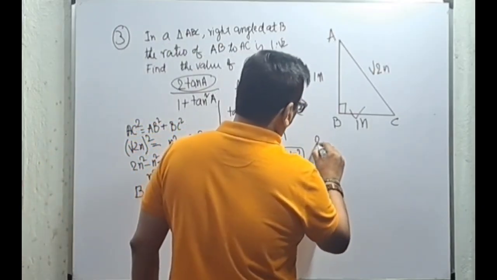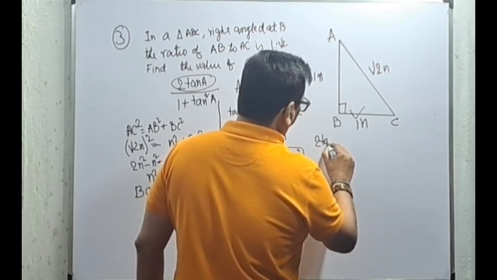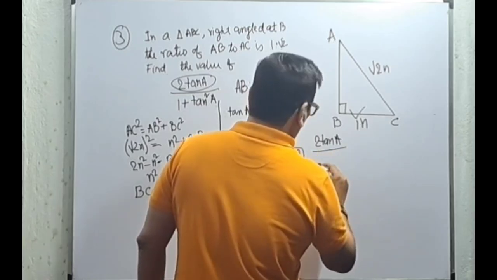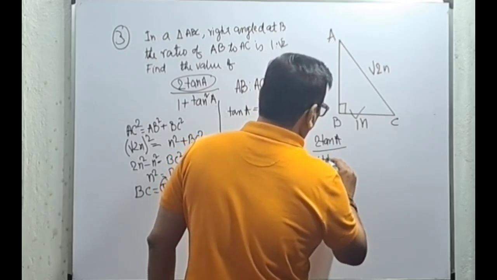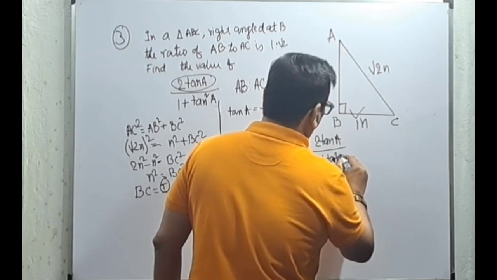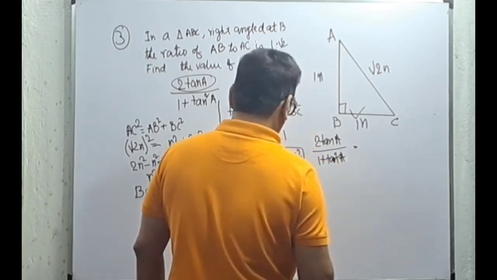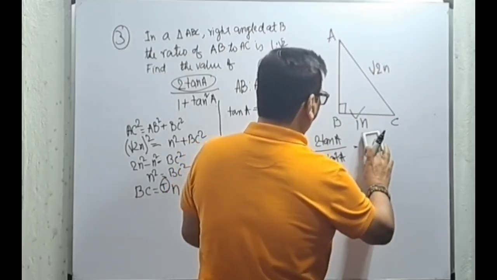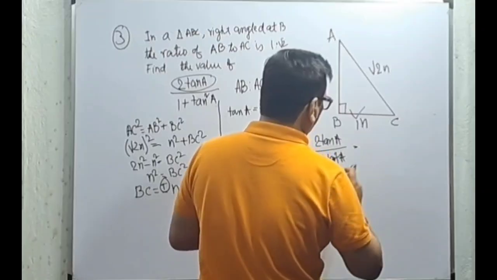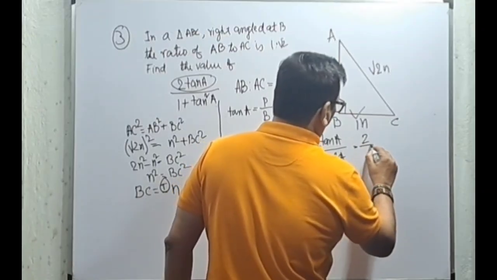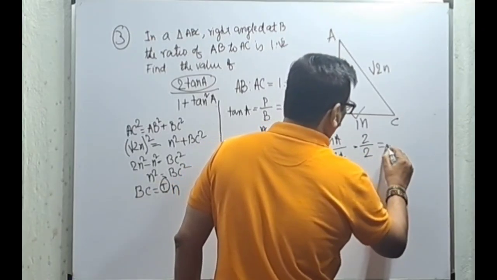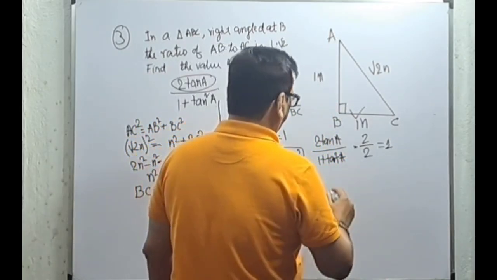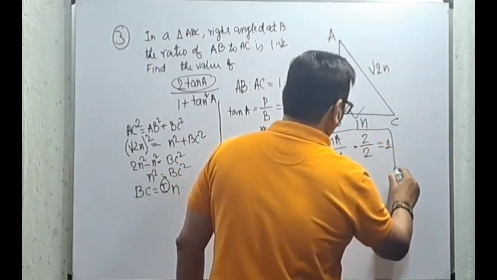So twice tan A by 1 plus tan square A is equal to 2 divided by 2, that is equal to 1. Right? So this is the answer,